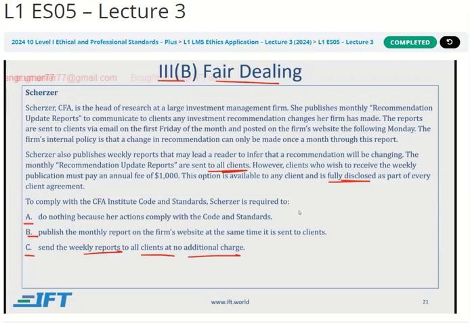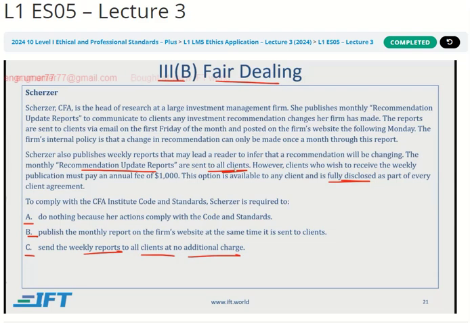Send the weekly reports to all clients at no additional charge. Now, this is slightly tricky. We might be tempted to think that all clients have to be treated the same way and that the website disclosure should be made at the same time as when the reports are sent to the clients. But keep in mind that the recommendations update reports are sent to all the clients.